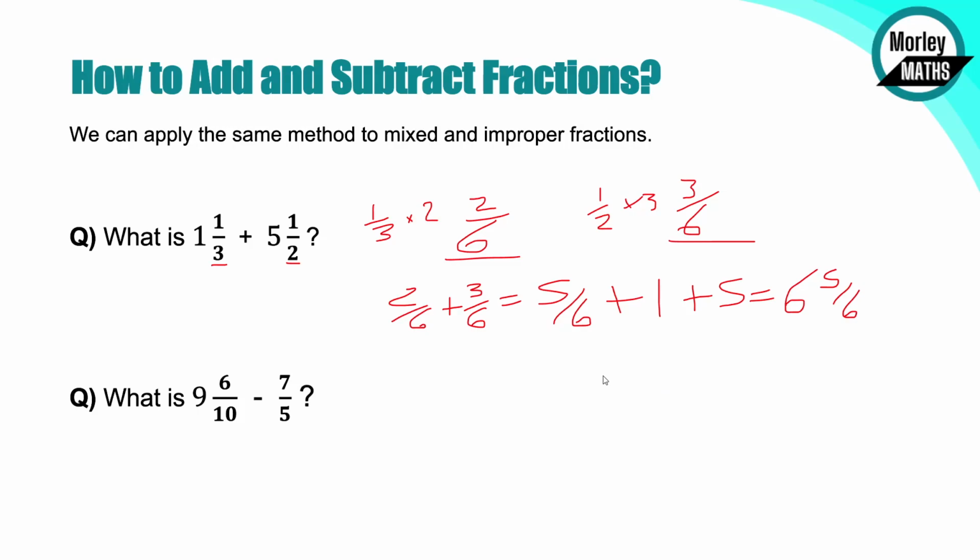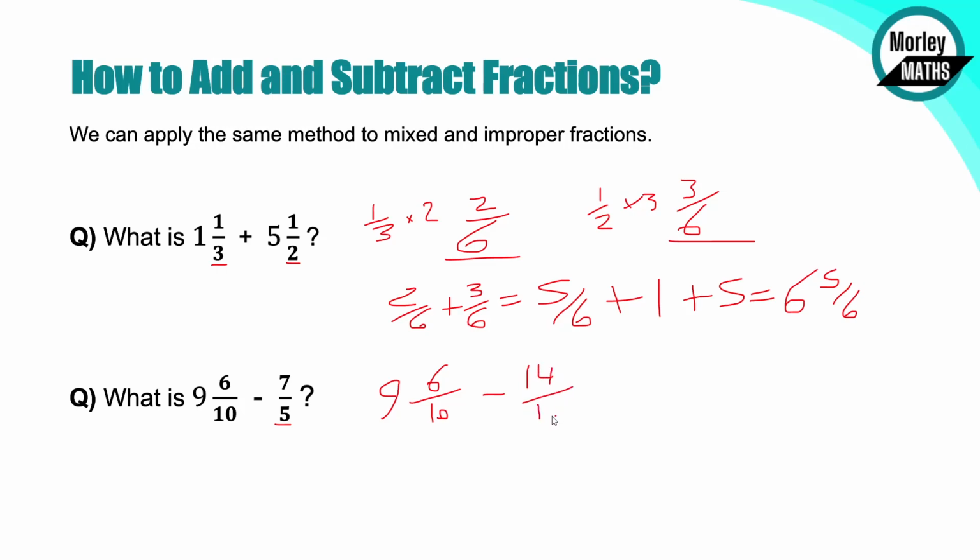Now, if we have a look at question 2, then it's saying what is 9 6/10 minus 7/5? So this one's a little bit trickier because we've got an improper fraction mixed in here. So we're going to need to convert those so that they match. Now it's nice and easy. We can just double that 5th one to turn it into a 10th. So essentially what we've got in terms of the fractions is 9 6/10 minus, I know I said we can deal with the whole numbers later, but we'll come back to that, minus